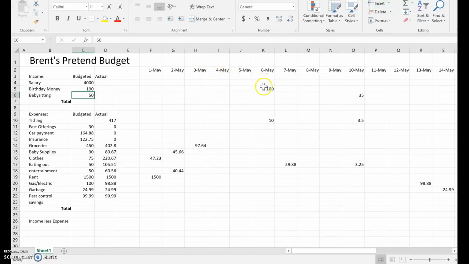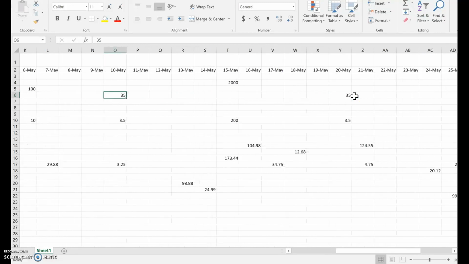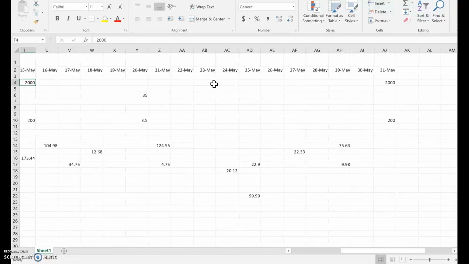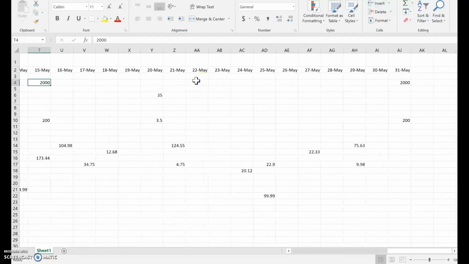And then as I receive those things, my birthday happens, I get $100. I put it there. I babysat, and this is pretend, but let's say I babysat twice, and I thought I was going to get 25 each time, and they gave me 35 each time. That's okay. So I record the actual amount. Here, each time I got my paycheck, I recorded $2,000,